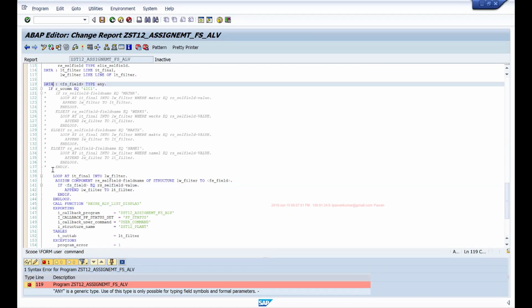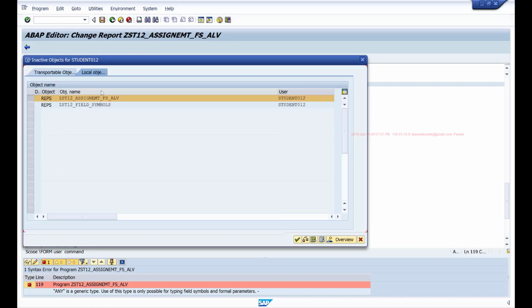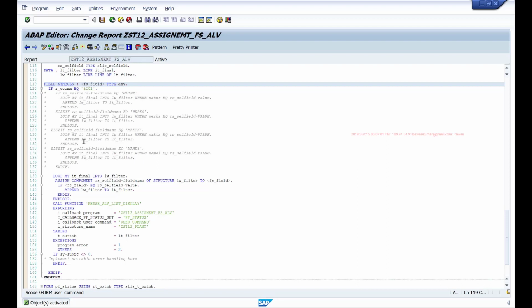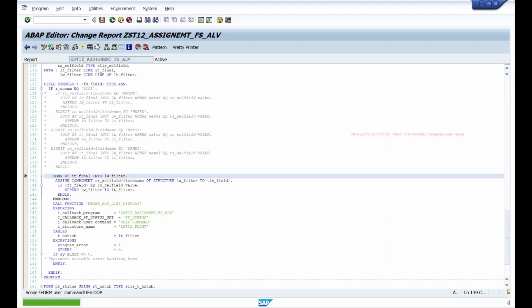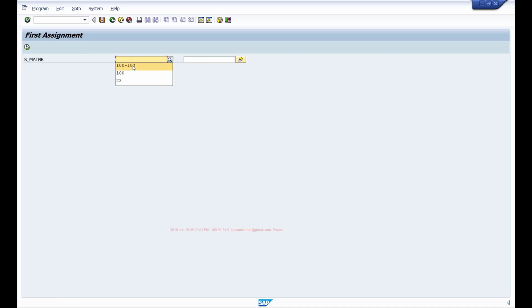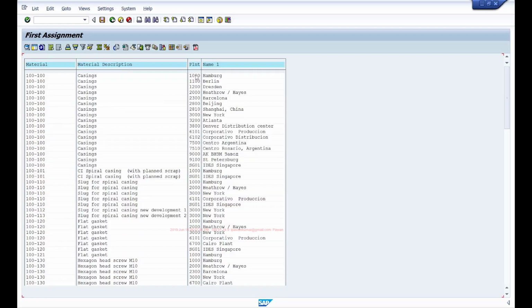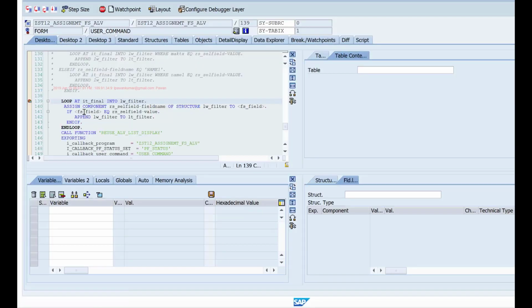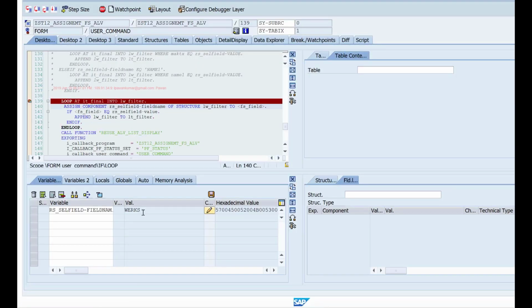Sorry, I should use field symbols. Now, if I keep a breakpoint here and execute, let's say I'll double click on this 1000 plant, and here RS cell field name will have works because I double clicked on works, and RS cell field value will have the value I double clicked on.